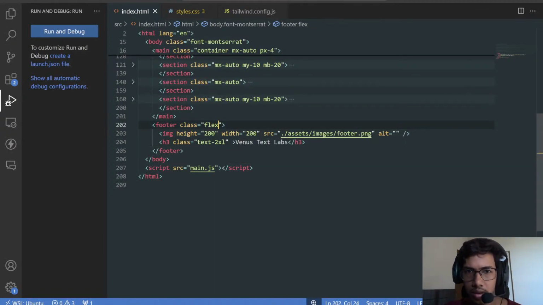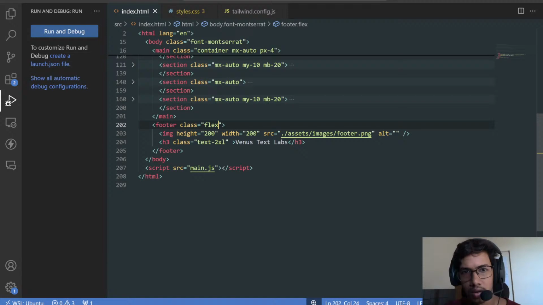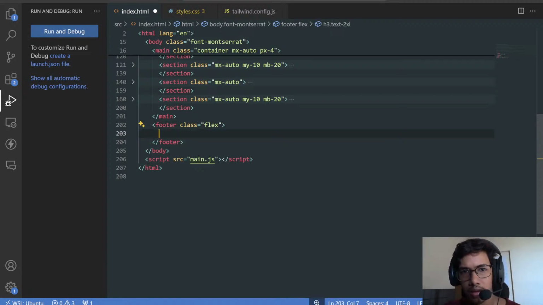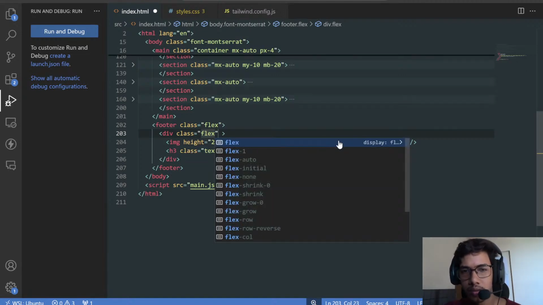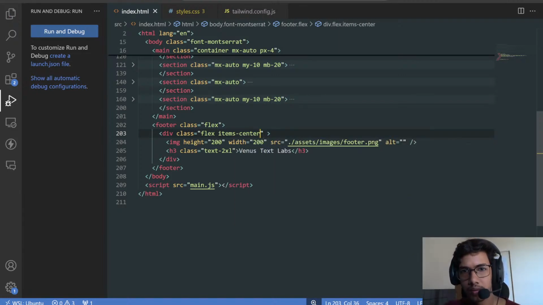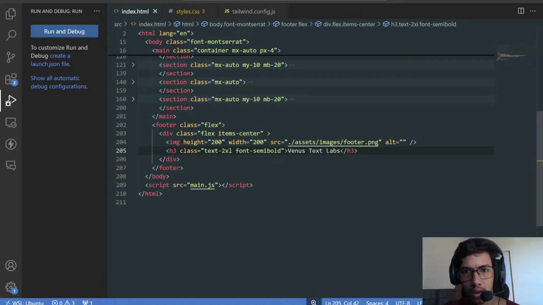And let's make items center. Is that a good idea? Let's just put them in a div and make this div a flex box. Then items center would work perfectly. Font semi-bold. And let's add a gap of